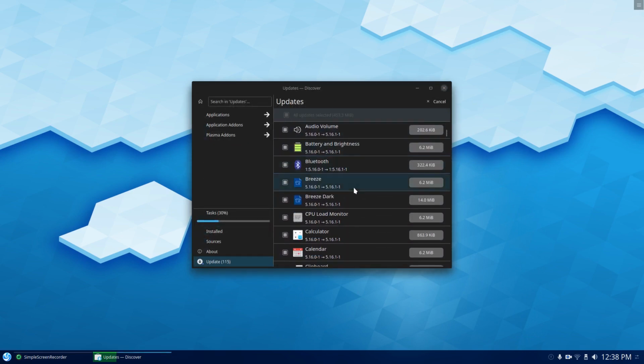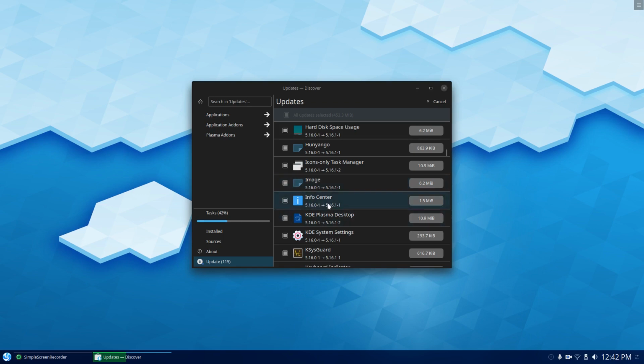I don't think so. So here it says we'll be updating KDE Plasma Desktop from 5.16.0.1 to 5.16.1-2. So just to put that into perspective, Kubuntu is using 5.15.4, and that's Kubuntu 19.04. I'm not quite sure what the 18.04 is on. I think it might be 5.14. So, of course, being on Arch here, on an Arch base, we will always be on the most recent updates